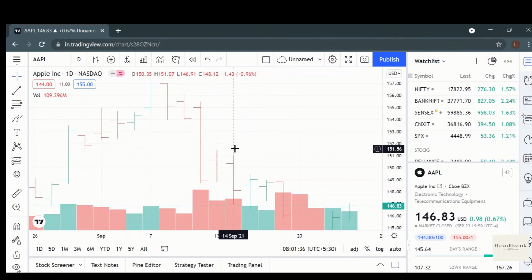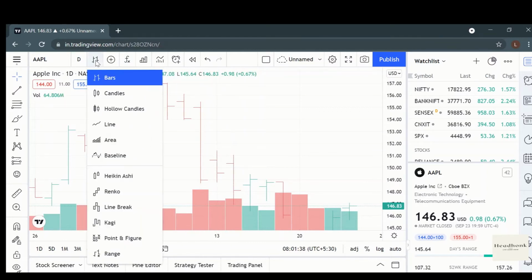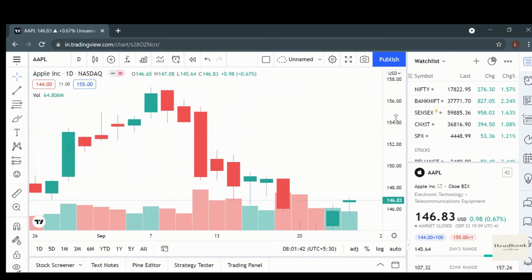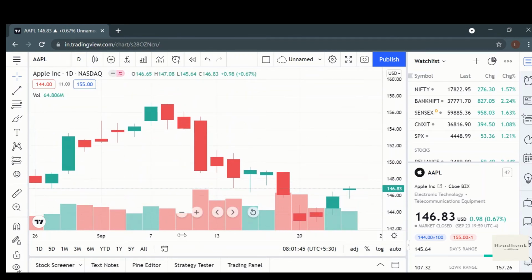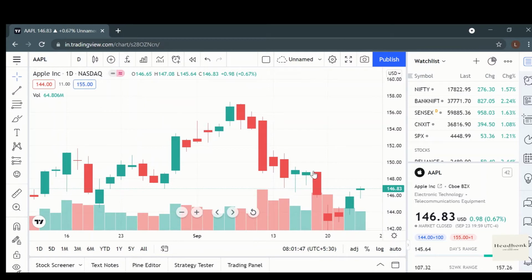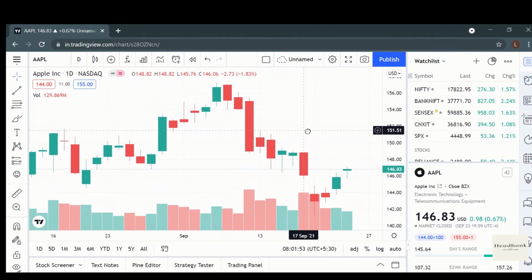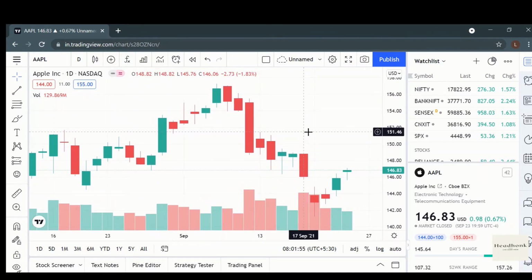Okay, so let's move on to the next chart type, and the next chart type is candlestick charts. And this candlestick chart is the one that is widely used. It provides a lot of information. It was developed in Japan. You must have heard a lot about candlestick chart. Yes, and that's right. It's easy to understand. And going forward, when I will be making more videos, we will see how a candlestick chart can help us in making trading decisions.